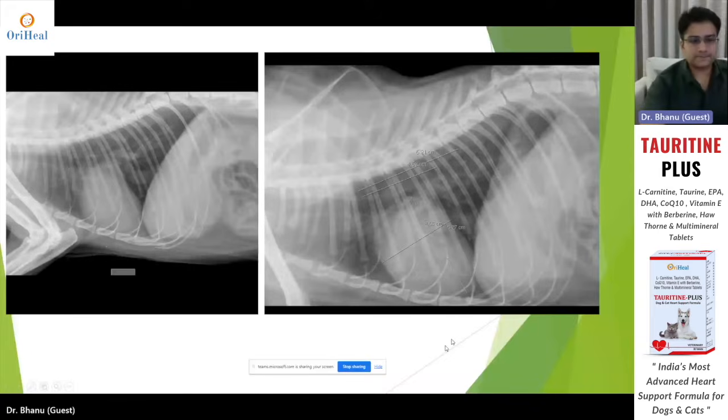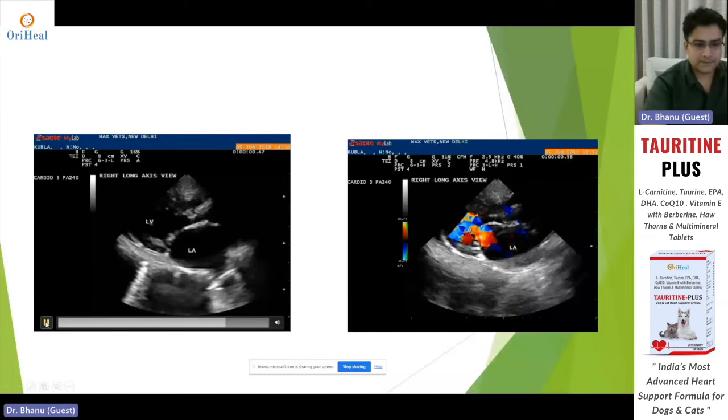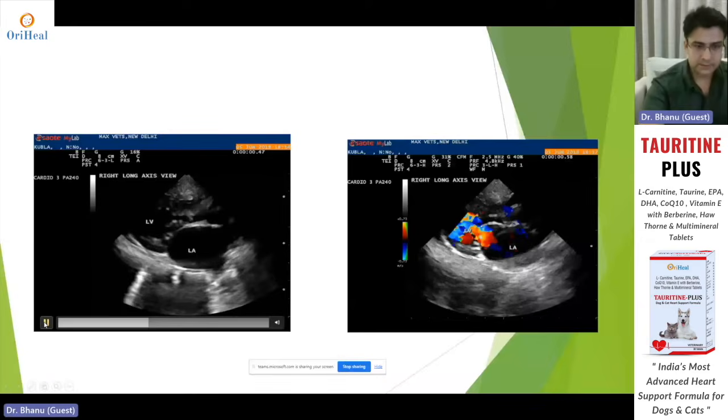This is an echo loop of the same cat. The X-ray images I showed you were of this cat. Then I had to do an echocardiography, and it was like this. By the way, this is after treatment. All these echo loops are after treatment with pimobendan and with diuretics. So this is after treatment, but in this as well,